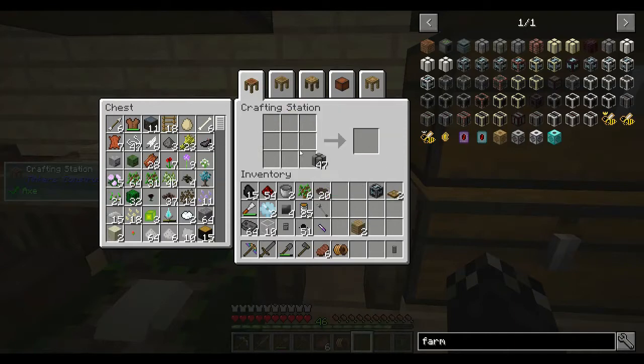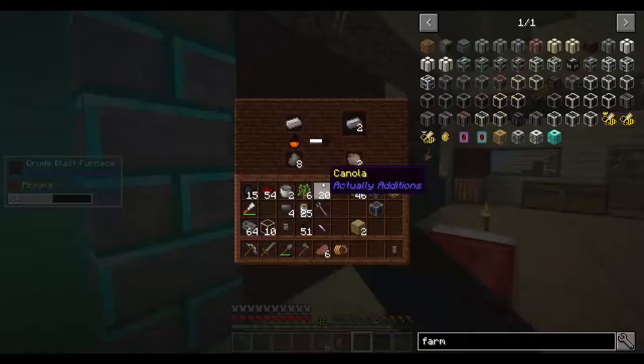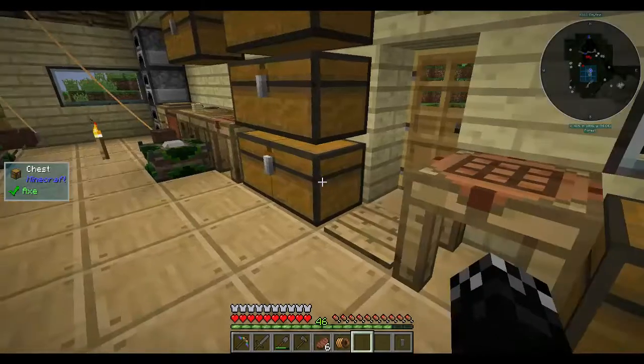Cool. So we need a block. Trapdoor. So that's the hatch. So that gets items in and out. And then our last gear,